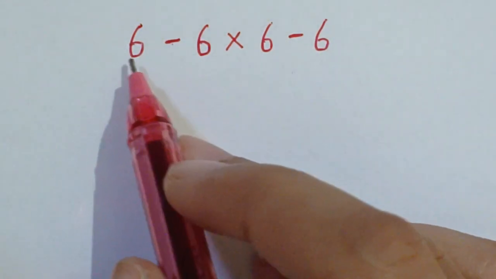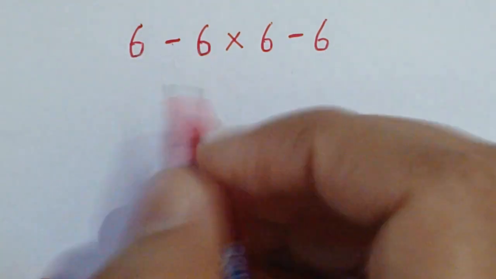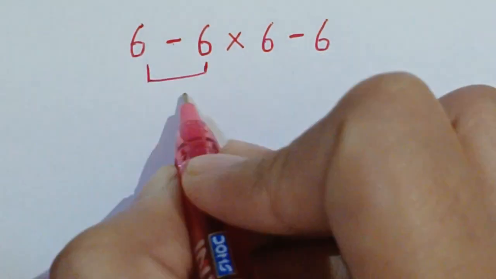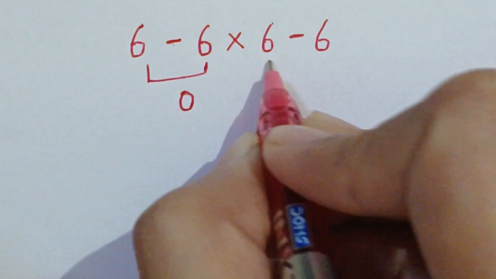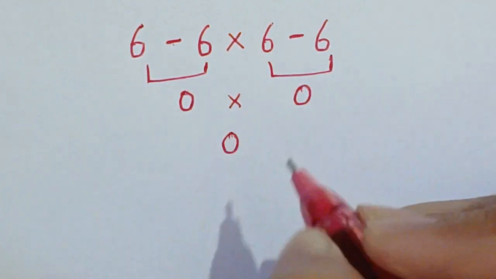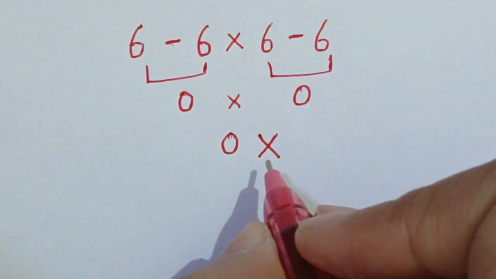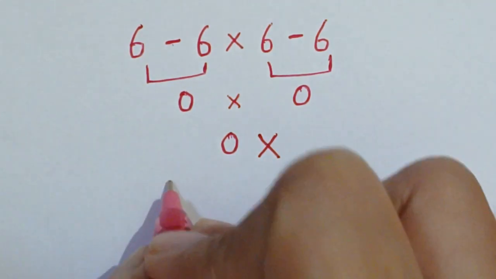So in this video we are going to find the value for this expression. So here 6 minus 6 is 0 and here also 0. So 0 into 0 is 0. But this is the wrong answer because according to order of operation, which is the PEMDAS rule,